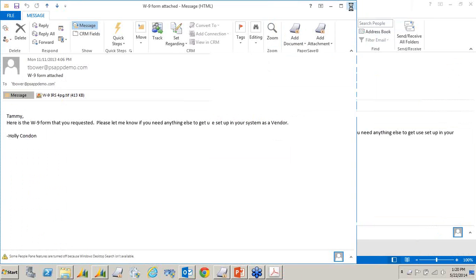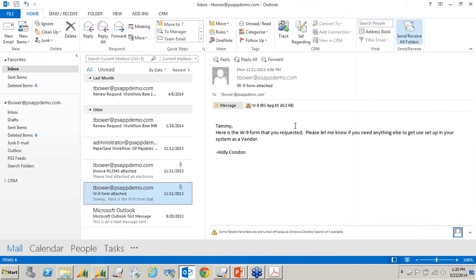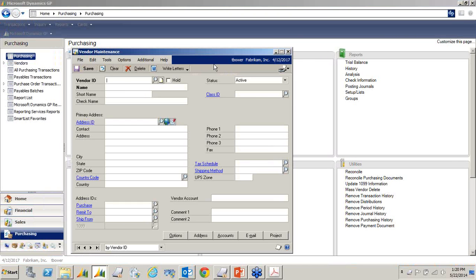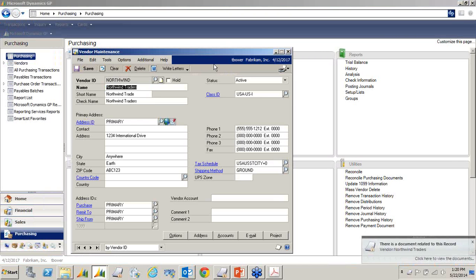Okay. Now, one other thing that is also very handy is the capability to drag and drop. Some people have preferences. I like to drag and drop when I send out an email versus attach. So that may be my primary way I want to interact with the system. So if I went to a vendor, and let's say I wanted to add a document, I could hit save,